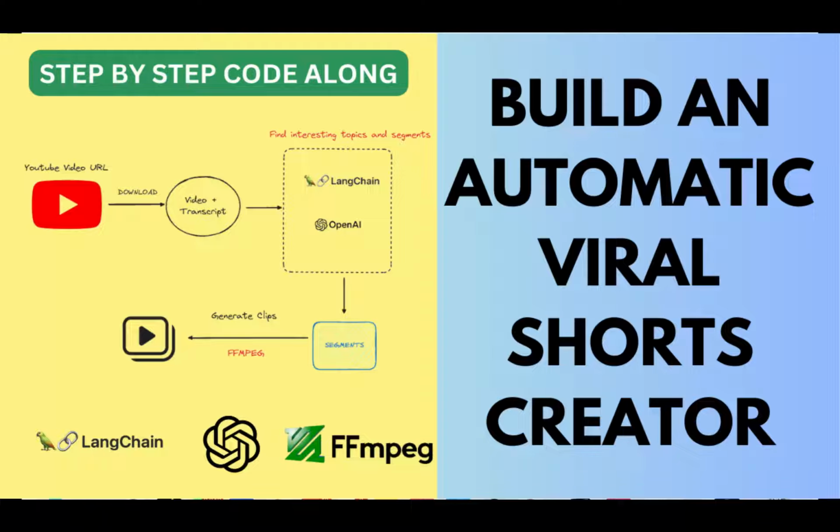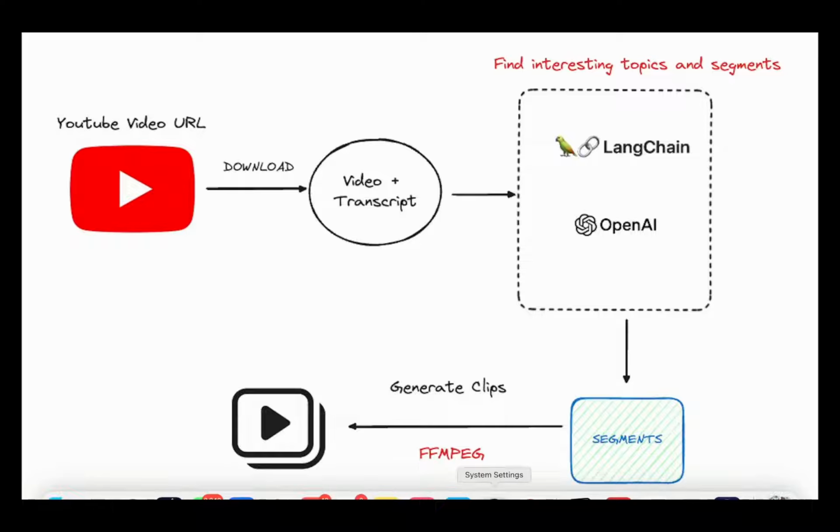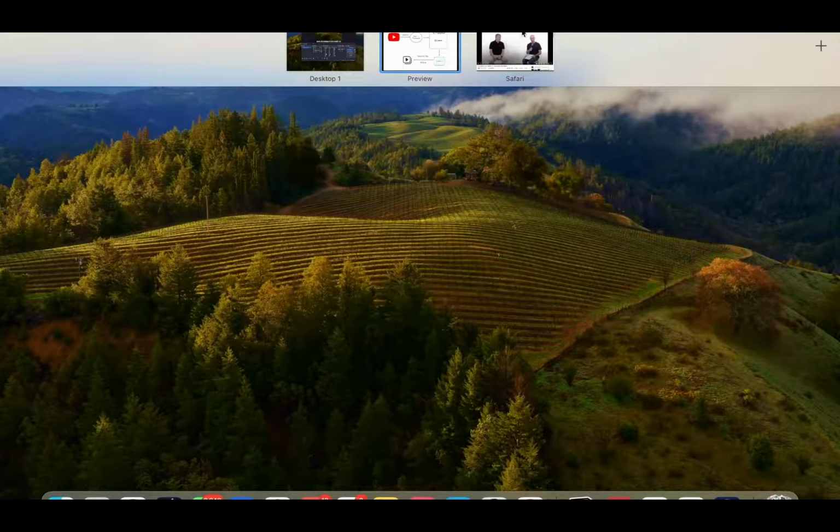Today, we are going to build an intelligent video clipper. We are going to give this intelligent video clipper a YouTube URL, and using the YouTube URL, we'll then find segments and clips, which are interesting and independent clips. So, we'll use the LLM to find these independent clips, and then using FFmpeg, we are going to build these